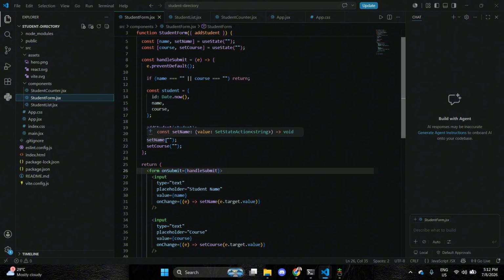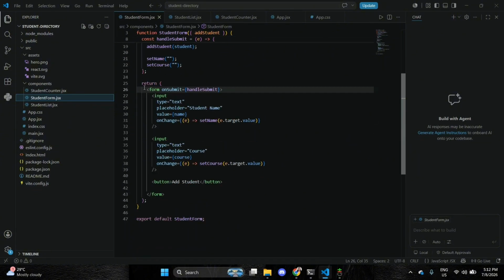Here, this sends the student object to the App component using the addStudent prop. Then after adding the student, the input fields are cleared. Then here are the input fields of student name and the course.